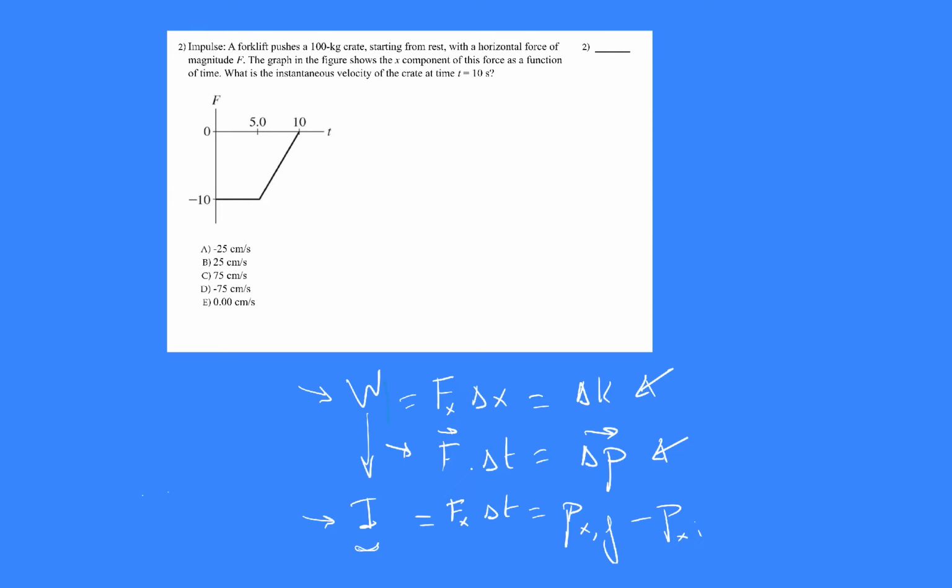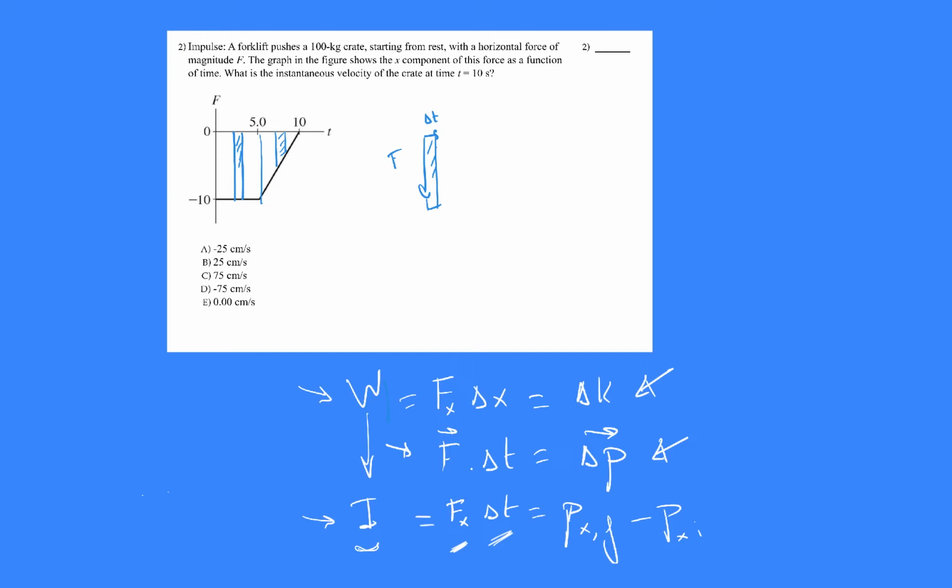So what is the impulse here? The impulse is the force times delta t. So you choose a small delta t here, and the force F times delta t is the area of the rectangle. And what is the total impulse? Because the force is changing, the total impulse is the total area below the curve. So let me now